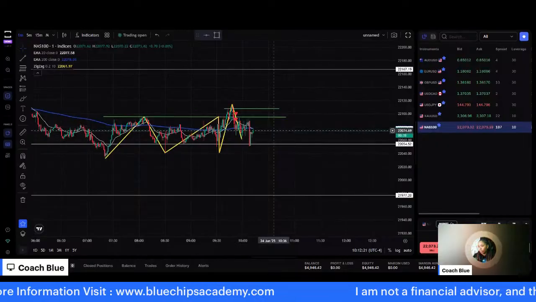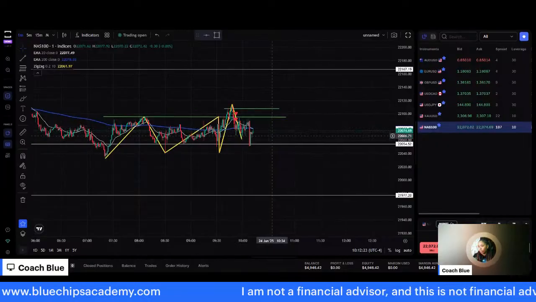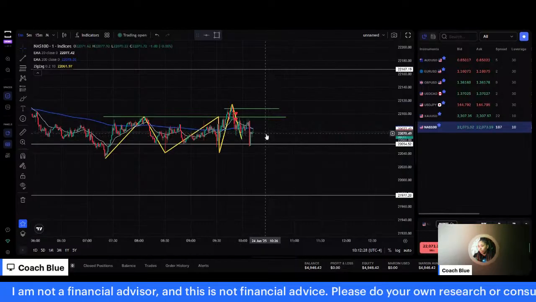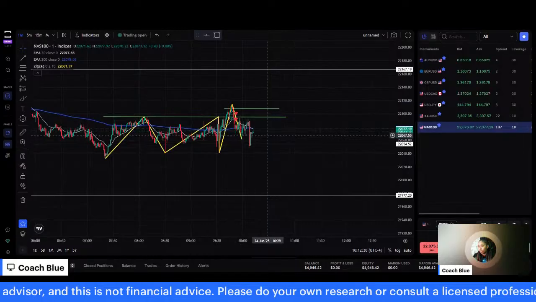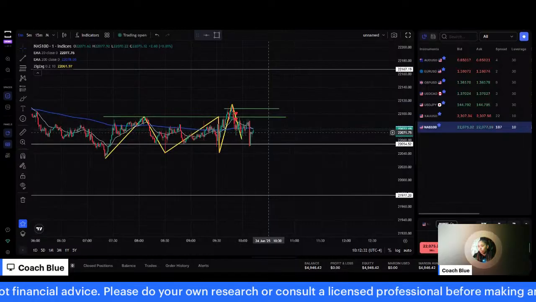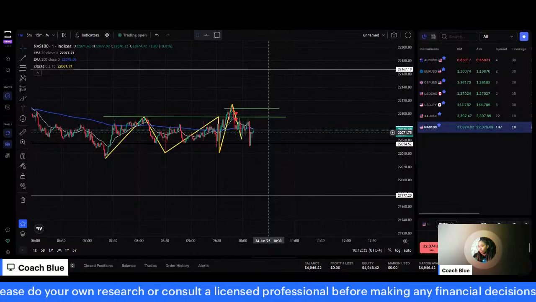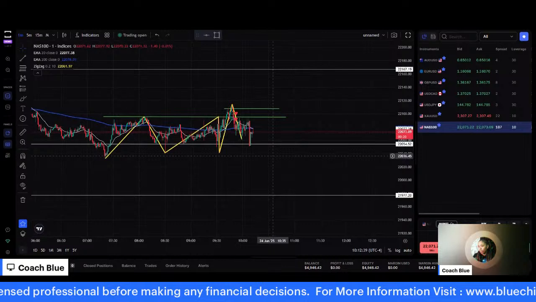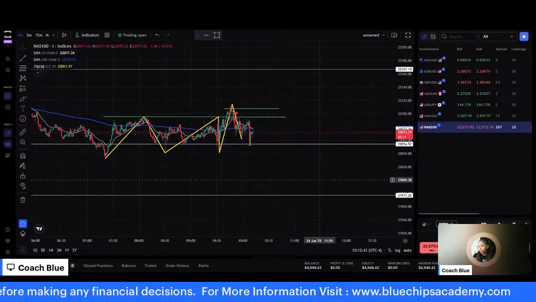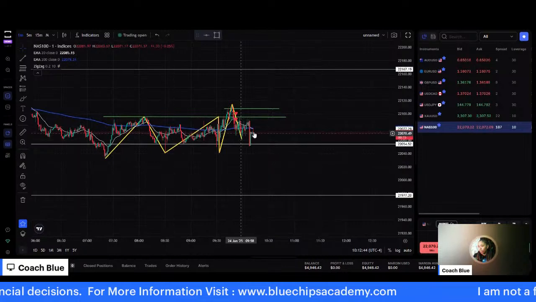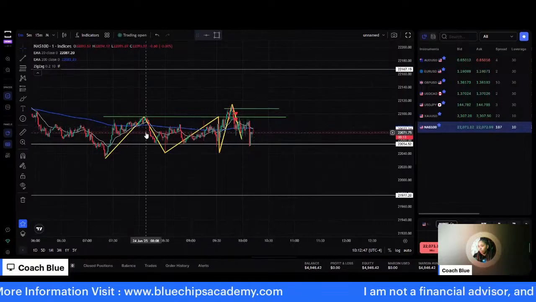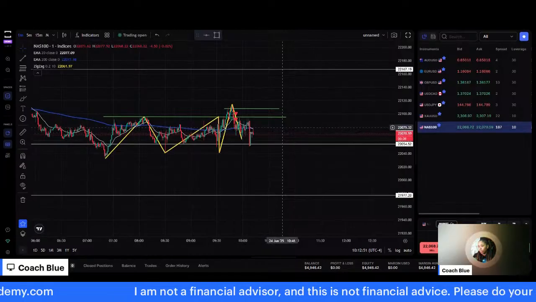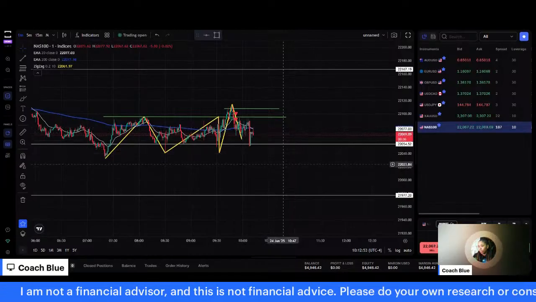And when you see that happening, you have to be cautious because that just means that there's no distinctive direction that the market has chosen yet. And when that's the case, it's hard to actually pull profits out of the market because there's no fluid movement. And that's what you want to look for, is fluid movement. This choppiness right here, nothing comes out of that. So that's the basis of what we're looking at right now, guys.